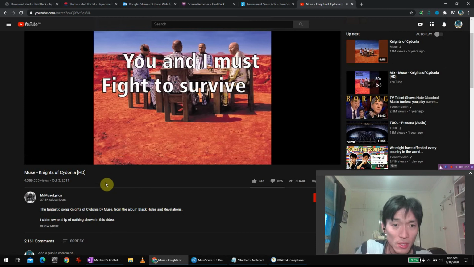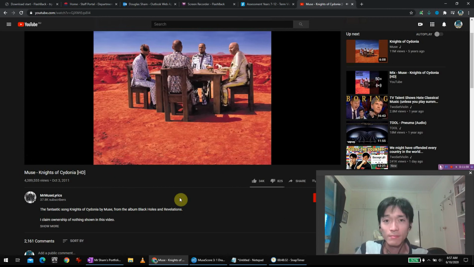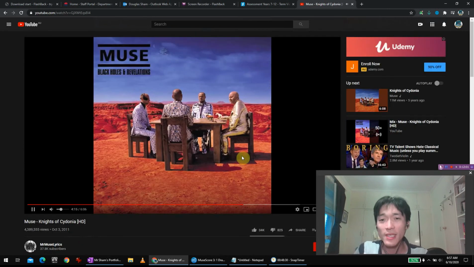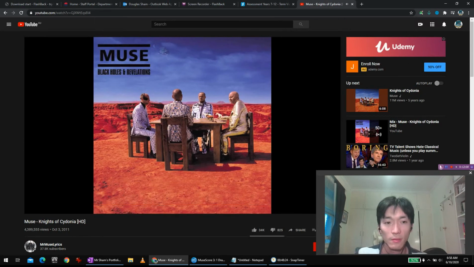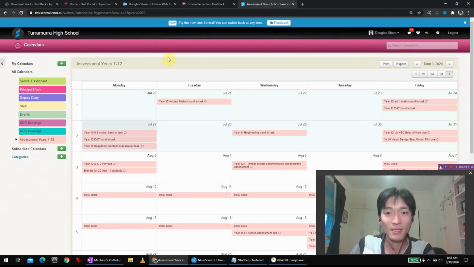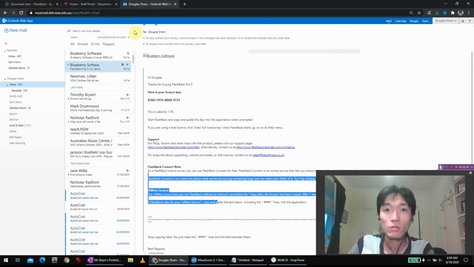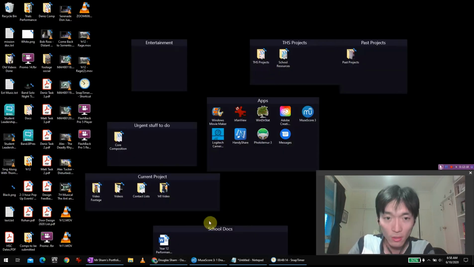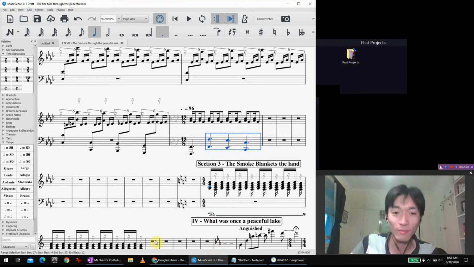This is by Muse. It's got this cowboy kind of vibe to it. But here's the triplet section, which I love. Anyway, so that's another piece that I love. Let's hold off on all my private stuff.